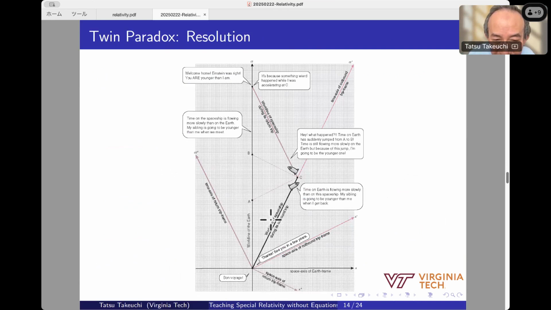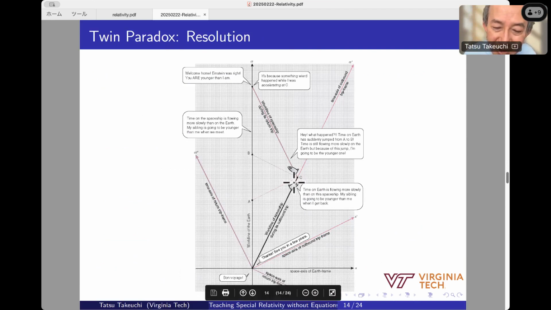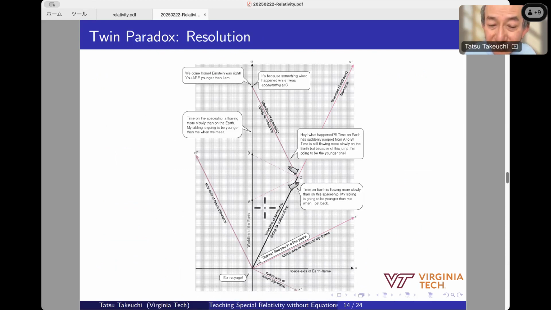So in this twin paradox diagram, the spaceship is in an accelerated frame, right? Because it changes velocity at point C. Up to point C, the spaceship frame of reference will be the inertial frame moving to the right, but after C, it'll be the coordinate system moving to the left. And because C is simultaneous with A in the outgoing frame, and C is simultaneous with B in the returning frame, you can use the